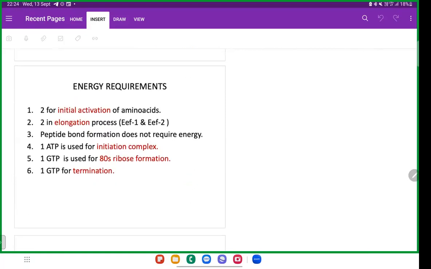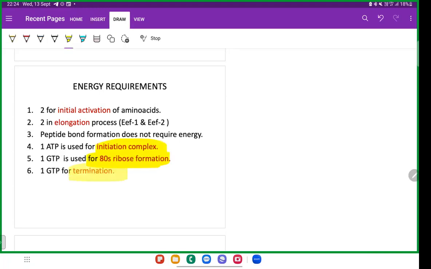So what is the energy requirement? Remember, 2 for initial activation of amino acid, 2 in the elongation for peptide formation, 1 ATP in initiation complex, 1 GTP in ribosome formation, and 1 for termination. Just forget all these things. Currently, what is going to be the energy expenditure given in your exam is, you need only 4 high energy